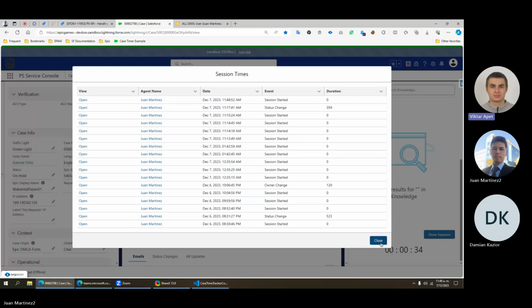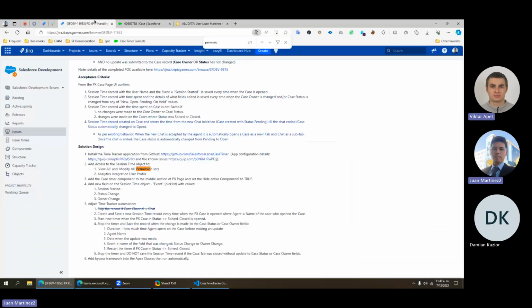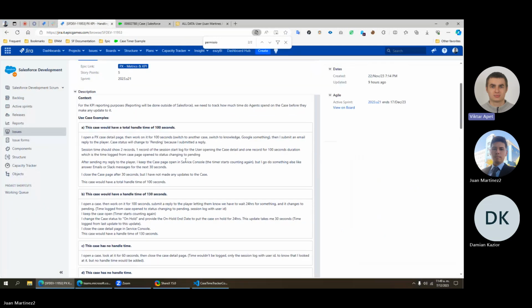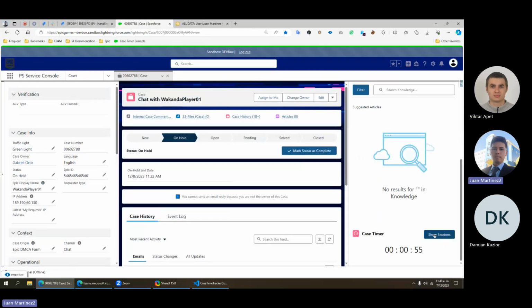So you mean, per business requirements, it doesn't store information about how long this case was opened? If you refresh it again, the previous timer just resets and there are no records about it. Yeah, because I refreshed the case and I didn't perform any changes, neither on the status nor